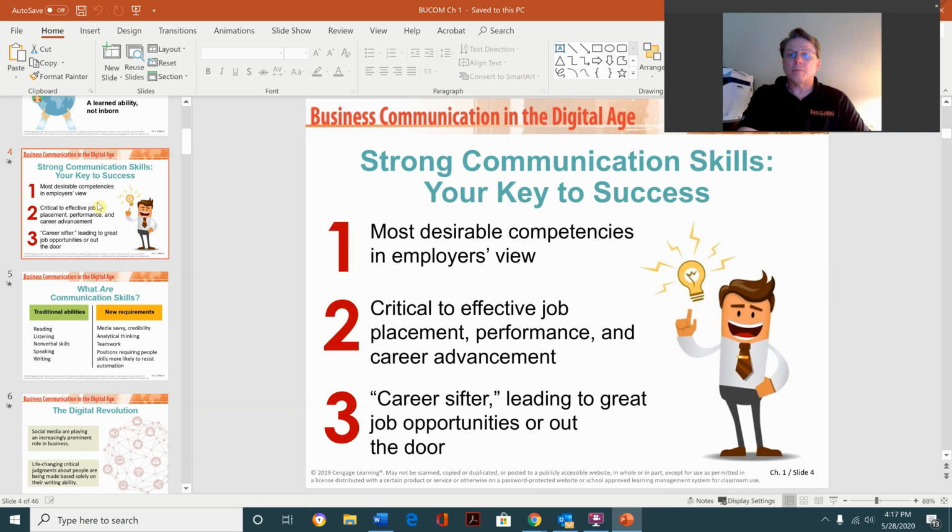Here it talks about strong communication skills, your key to success, most desirable competencies in an employer's view, critical to effective job placement, performance, and career advancement. If you can't communicate with your colleagues, your subordinates, and your superiors, your direct report, then they won't understand what you're trying to convey, and it may make you inefficient or ineffective, and may hurt the project that you're working on